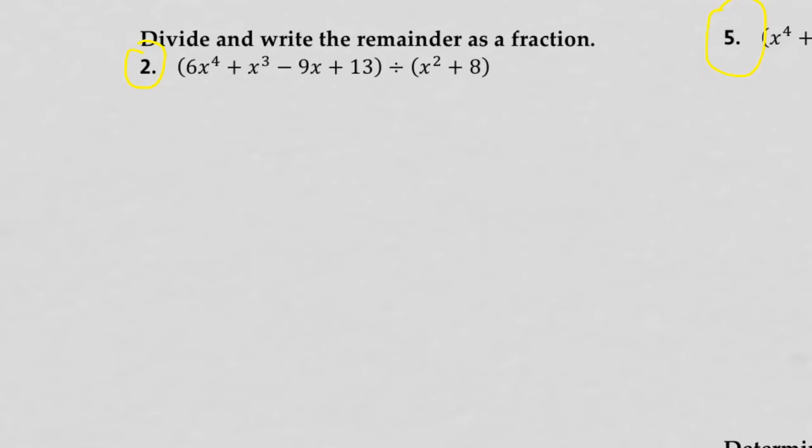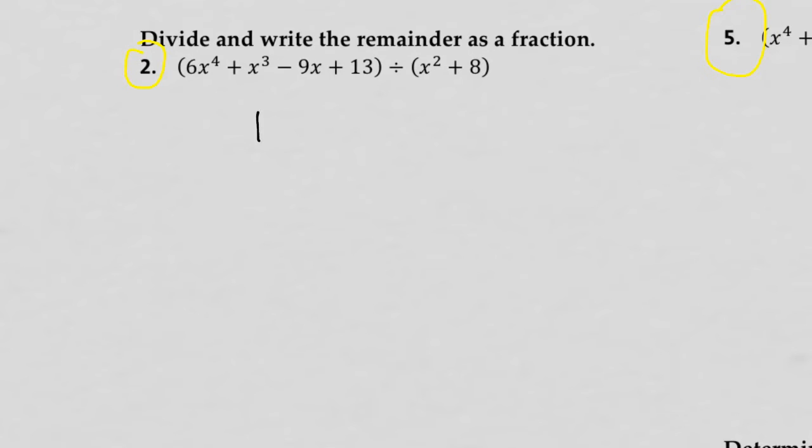It says divide and write the remainder as a fraction. So I need to explain to you guys what this means. Let's first divide, and then I'll show you what they mean by write the remainder as a fraction. Okay? So 6x to the 4th plus x cubed minus 9x plus 13 divided by x squared plus 8. We have to use long division in this case